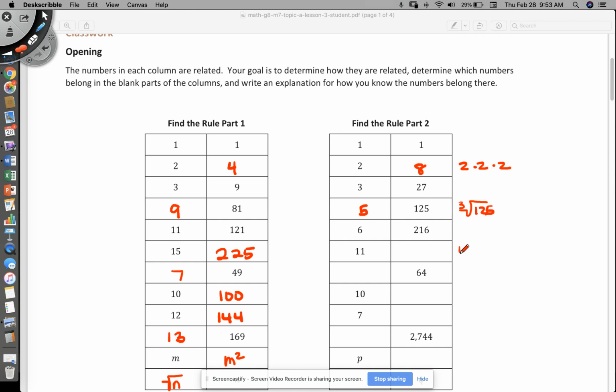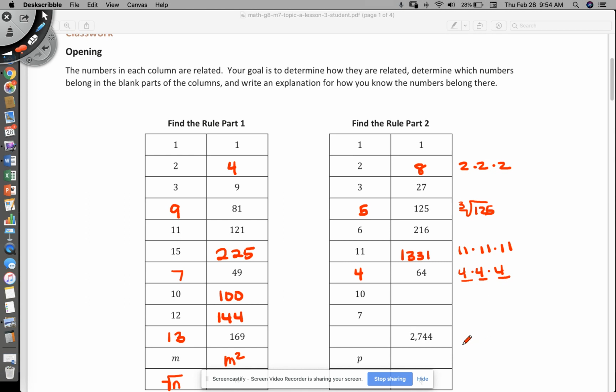Let's do 11. 11 times 11 times 11 is going to give me 1,331. What number could give me 64? So 3 numbers here. That would be 4 times 4 is 16. Times another 4. 16 times 4 gives me 64. So this would be a 4. All right. I'm going to let you do the 10 and the 7. I'll help you here with this